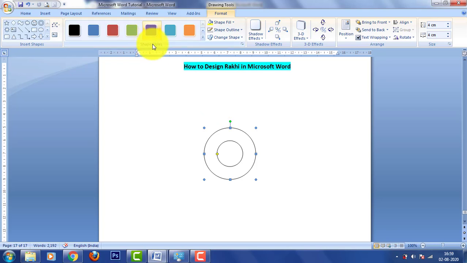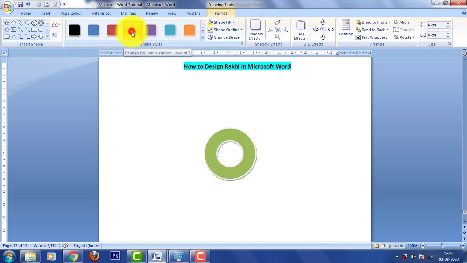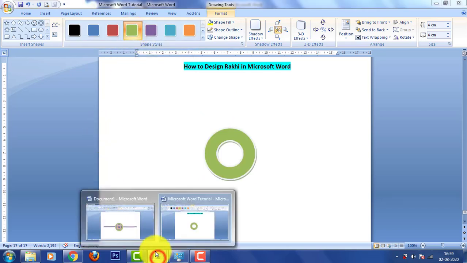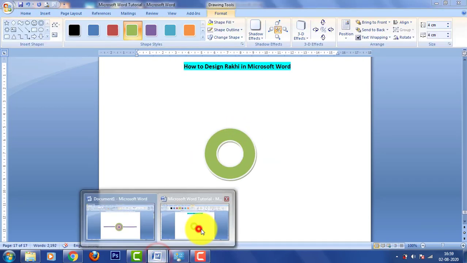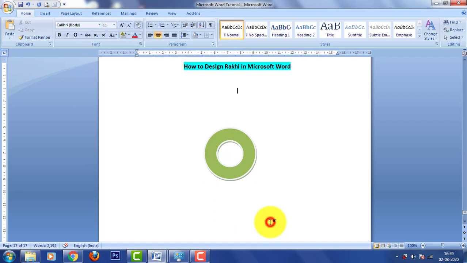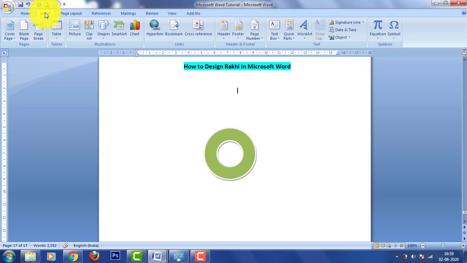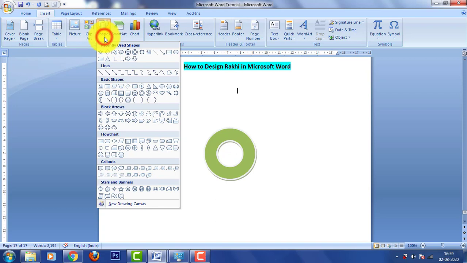Now from this style let's select green, as per the design of this Rakhi. Now you need another donut, so again select Insert menu tab, and from Insert select Shapes from the Illustrations group.